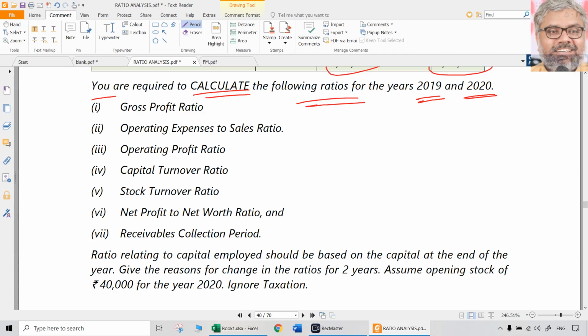Whatever it is, it is not about the marks that we are trying to evaluate the question. It is the answer that we are supposed to give to the question. Whatever the number of marks it carries, we have to give the answer. So what is this? We have to compute ratios, as simple as that. For that purpose, we should know the formula and of course substitute the numbers from the financial statements and get the answers. So let us calculate one by one. First one is gross profit ratio.